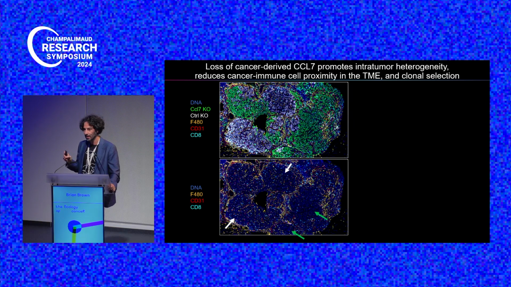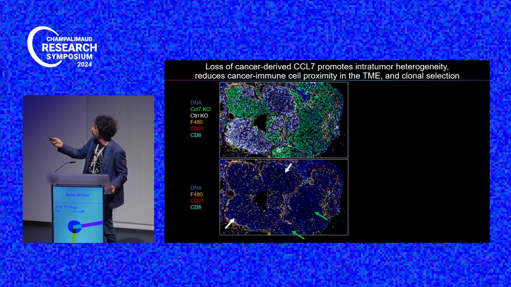it's amazing in this particular case, to me at least, that we don't see mixing of these tumor microenvironments. And even more, we haven't changed any antigen, we haven't changed the cell's proliferation. All we've changed is this extracellular factor that's changing the microenvironment, and that's sufficient for the tumors to have a selected advantage to outgrow. So in white is the wild type, in green is the CCL7 knockout, and I think